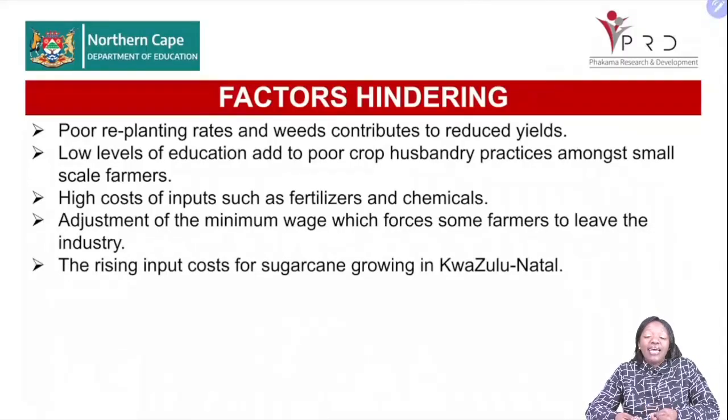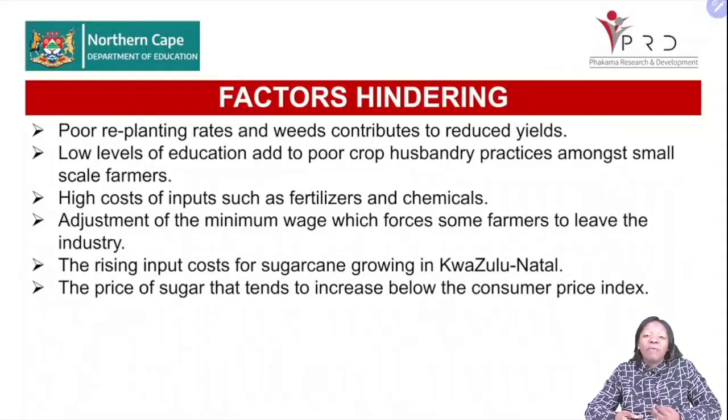Then also the rising cost of sugarcane growing in KwaZulu-Natal mostly. As the costs are increasing, it again takes from their profits, so it becomes a hindering factor, as well as the price of sugar, which tends to increase the consumer price index. So again, the sugar price is very high. Most people maybe are not now able to afford to buy sugar. So the sugar in the market will then be bought slowly, which will also reduce the profit of